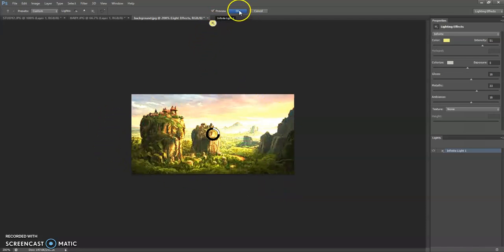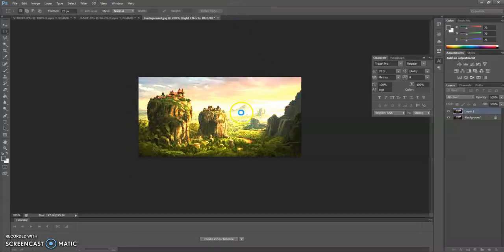So these three are the lighting effects which I want to discuss in this exercise. After doing this, just save the image as PNG as well as JPG to store in your local disk.